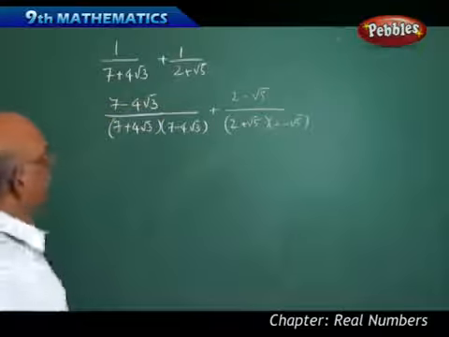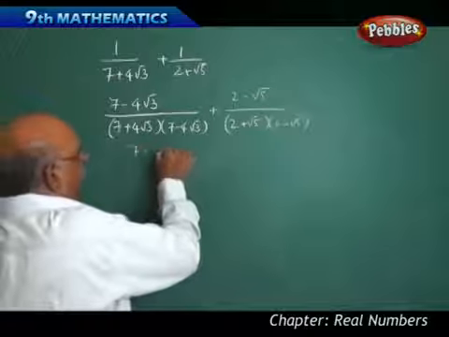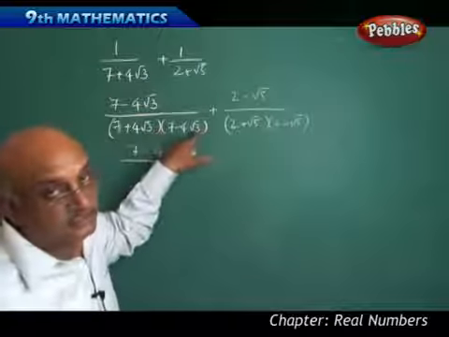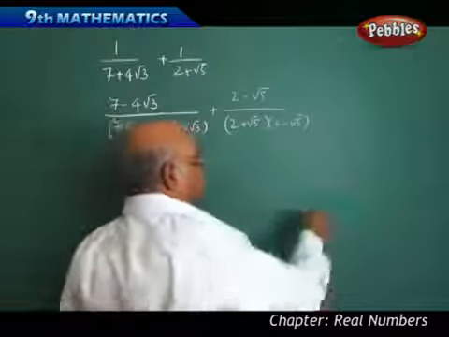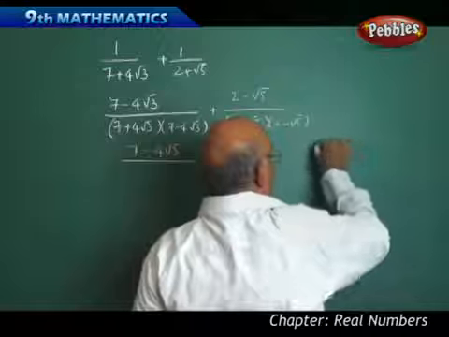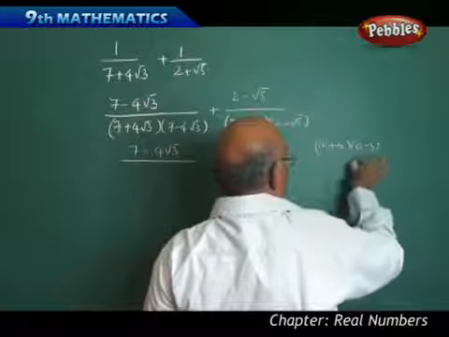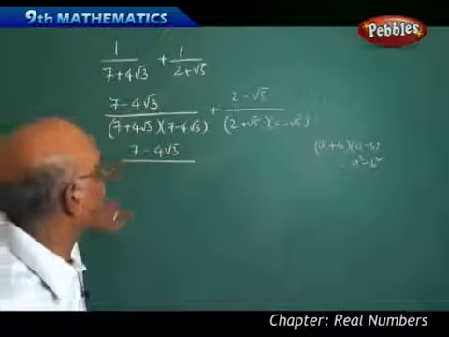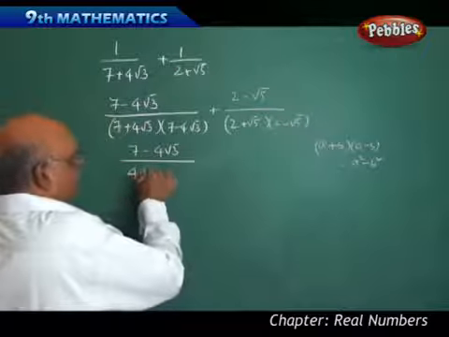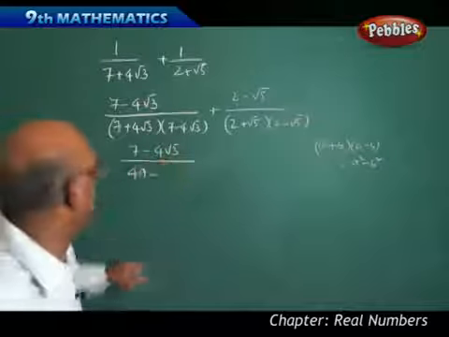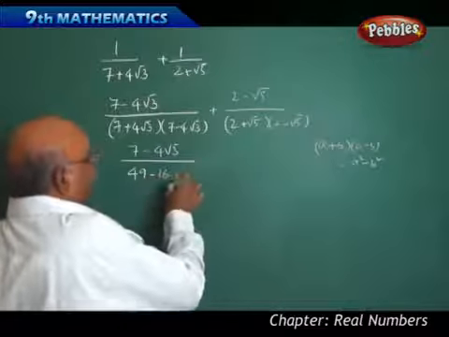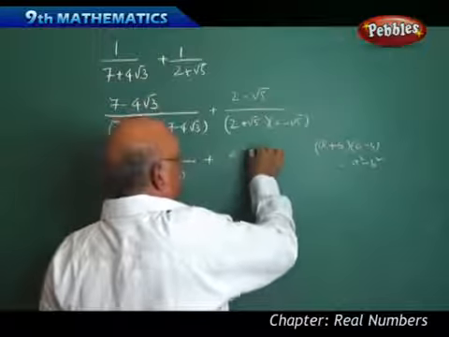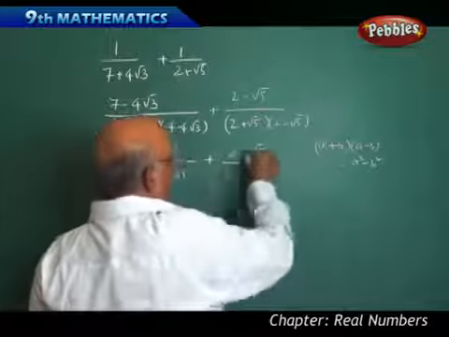Now, here you can write like this: 7 minus 4 root 3 divided by a plus b into a minus b, that is a square minus b square. The formula is a plus b into a minus b equals a square minus b square. In the same manner, 7 sevens are 49, minus 4 fours are 16, therefore 16 into 3 is 48, plus 2 minus root 5 divided by 2 twos are 4